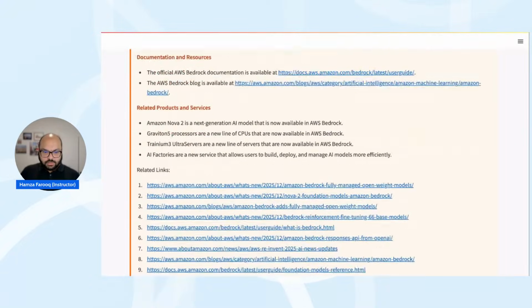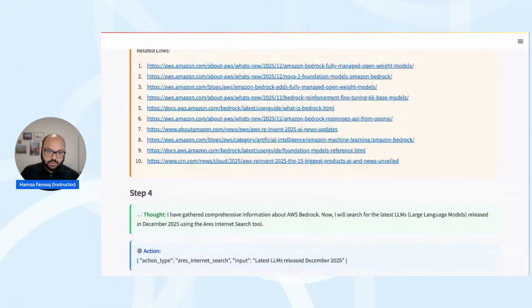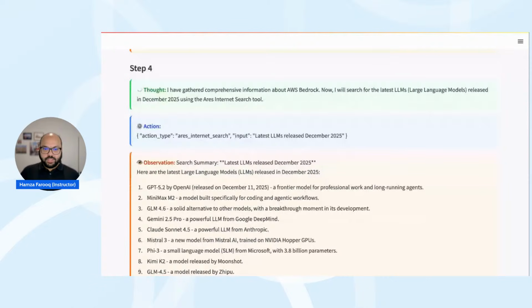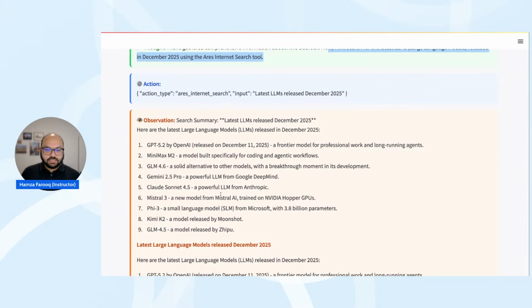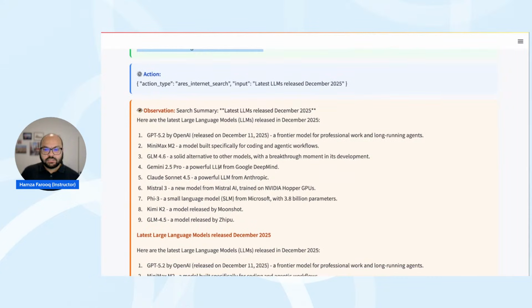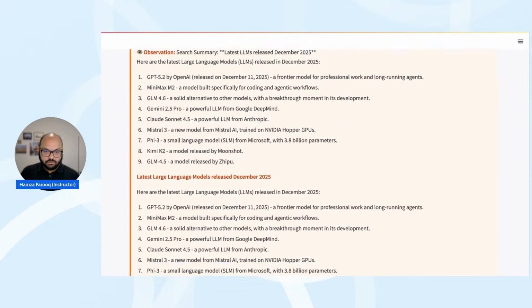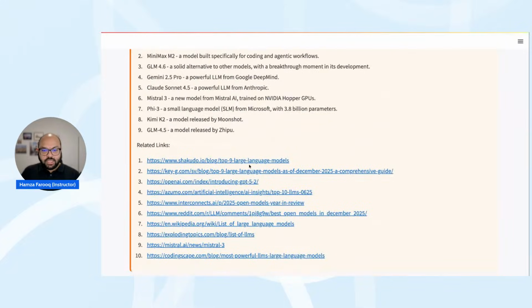And this is an entire answer for you. Then it says, I have gathered comprehensive information about AWS Bedrock. Now I will search for the latest LLMs released in December using Aries Internet Search. So it used internet search and found out, hey, these are the latest LLMs that have been released in December 2025, right? And it gives you all the links that are related to that.